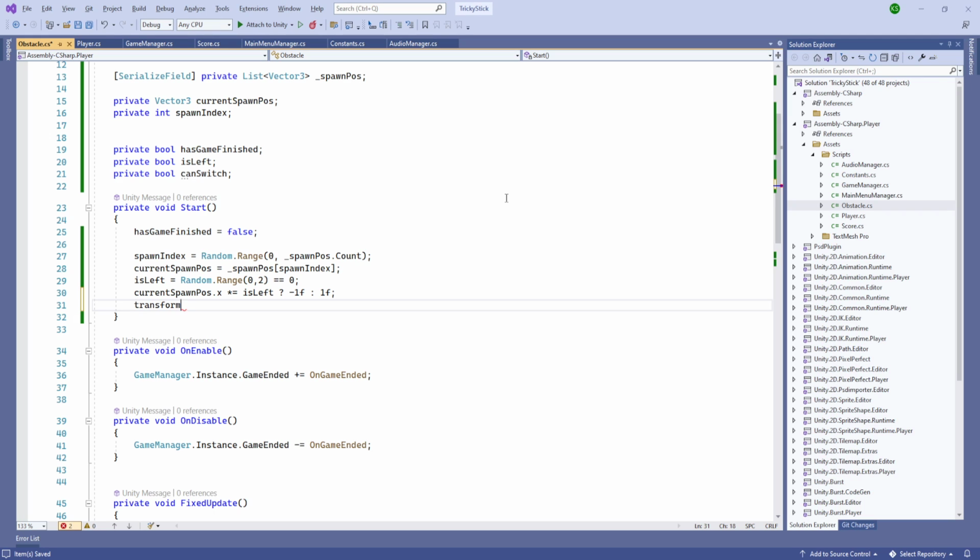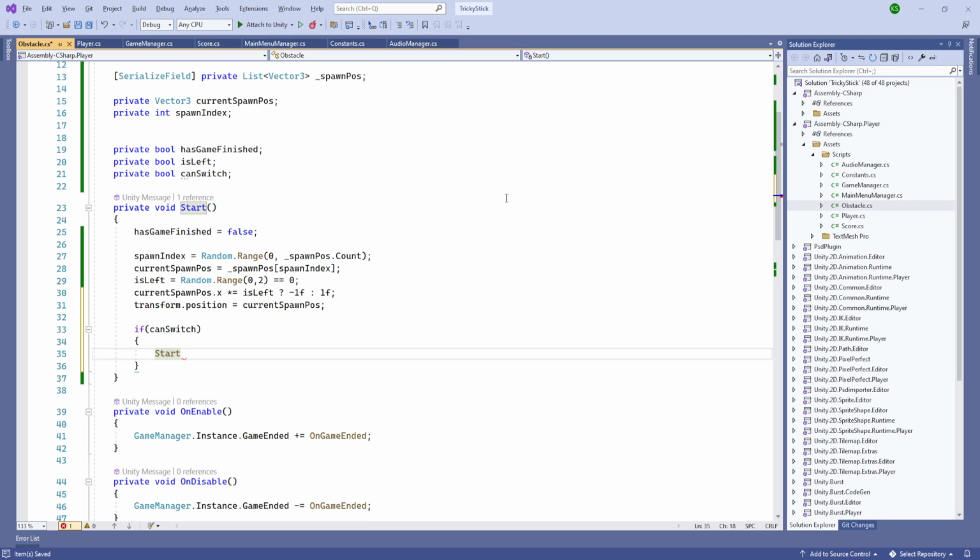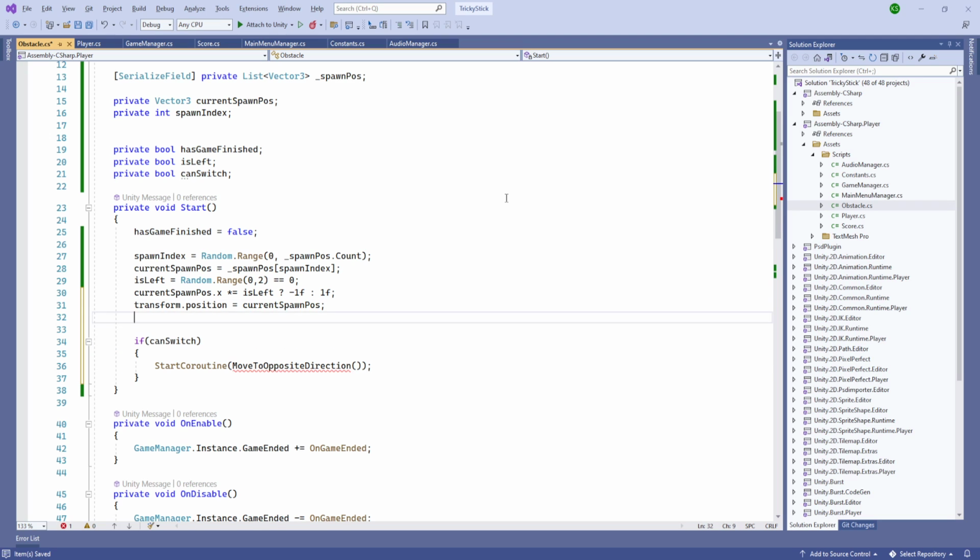And after that, our transform.position is going to be our current spawn position, and if can switch, we'll start the coroutine and we'll call it MoveToOppositeDirection. And our can switch is going to be Random.Range from 0 till 4 equals 0, and our spawn index is not equal to